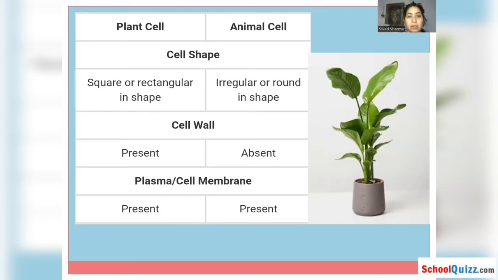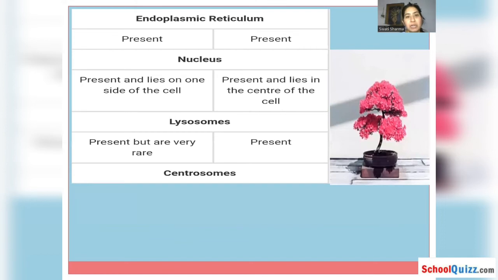Okay? Next, we have endoplasmic reticulum. Endoplasmic reticulum is present in both the cases. If we talk about nucleus, so nucleus is present in both, but in case of plant cell, it lies on one side of the cell. It is not present in the center. Whereas if we talk about animal cell, the nucleus is present, and that too lies in the center of the